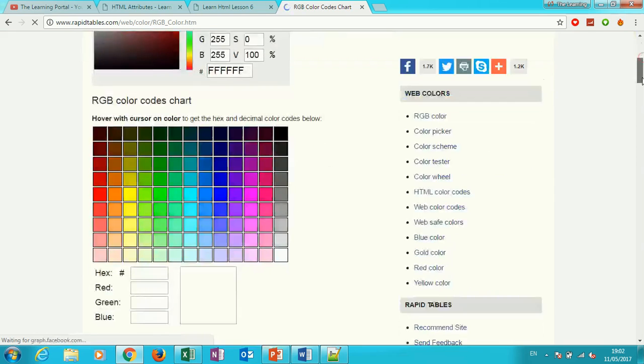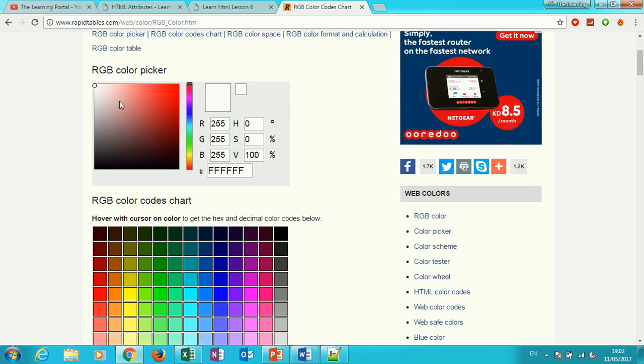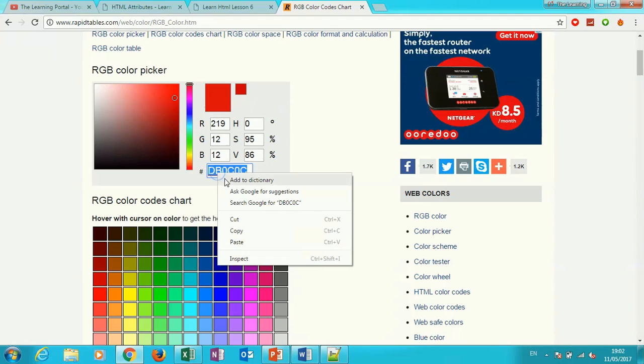Here you will see a code FFF. This is the code for the selected color. If you move it and you select DC and you copy this, DB0C0C,